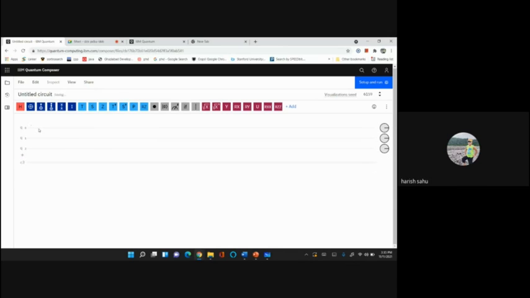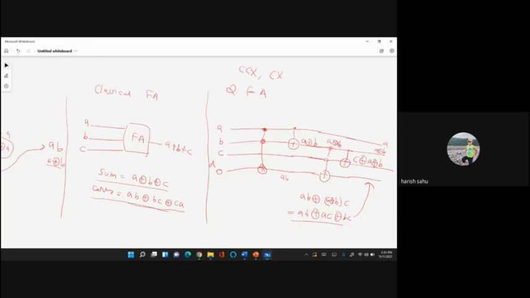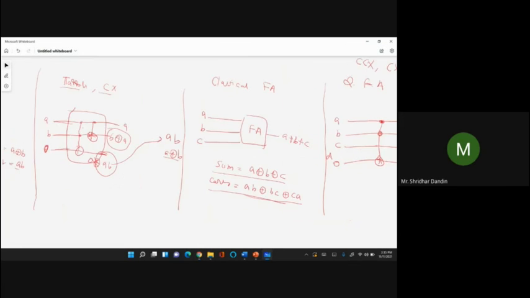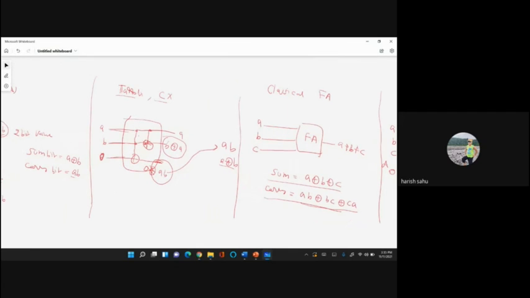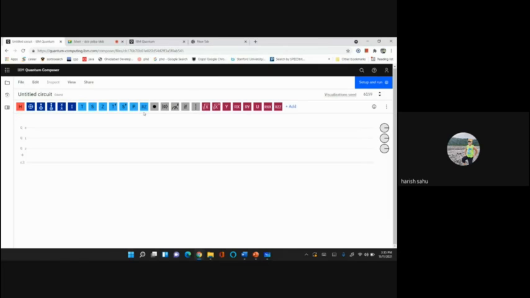In case of our half adder circuit, you remember we require only 3 qubits. I want to implement the half adder here. So A and B, and this third qubit should be initialized with 0. To initialize the third qubit with 0, we can put this reset value here, 0. So your third qubit, Q2, is initialized with 0. Now these first 2 qubits, A and B, you want to sum.